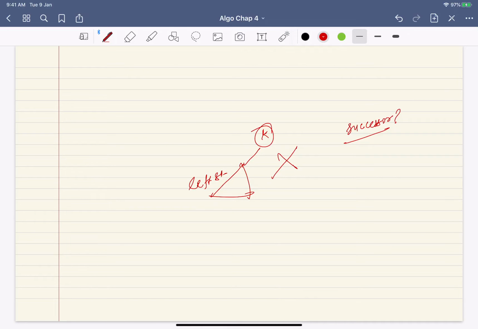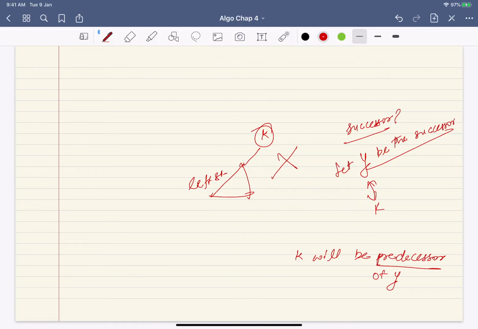Suppose y is the successor. What can you say about the connection between k and y? Can you say that k will be the predecessor of y? Predecessor, like successor, is the previous element in the sorted order.